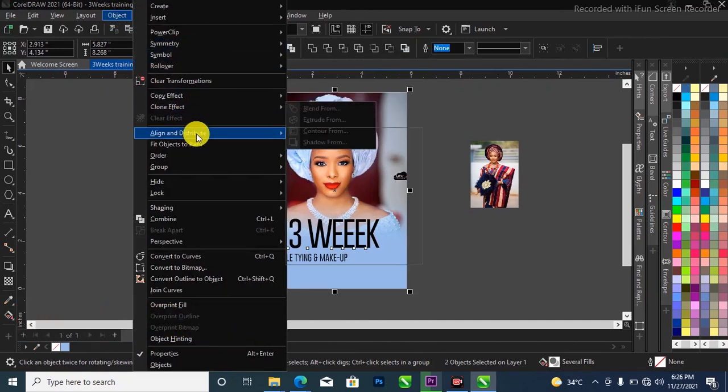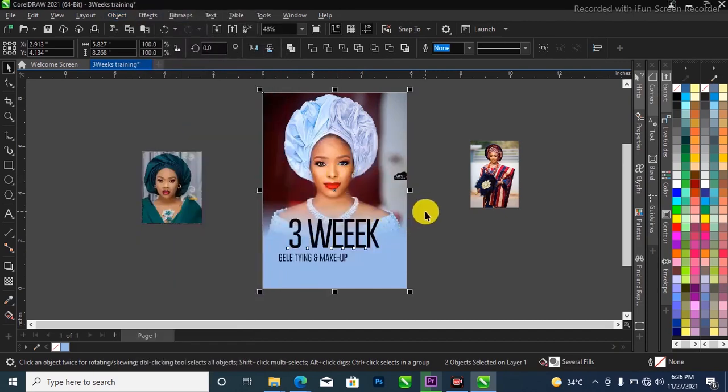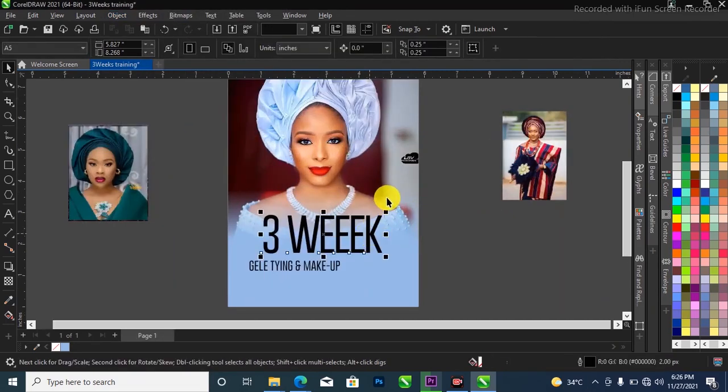then come over to where it says align and distribute, then scroll all the way down, you can see all the options given to you. You see align left is L, align right is R, align top is T, B at the bottom, then C. What I'm going to do now is to select this align center horizontally. So it's going to align the 3 weeks horizontally to the